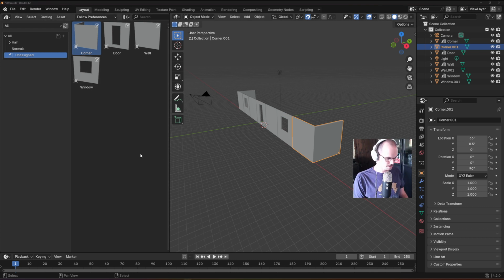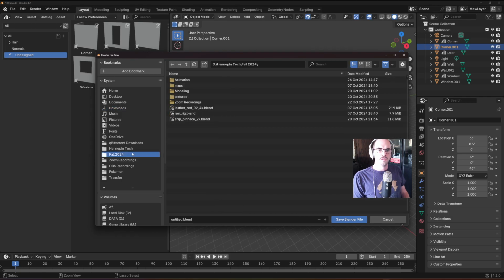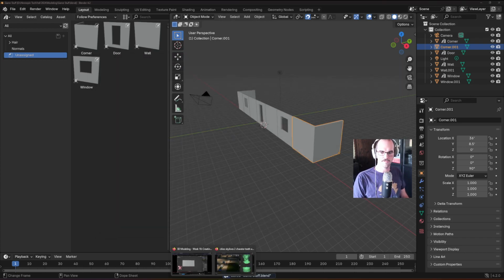So I'm going to save this right now. Save. This is file 24. This is modeling. This is going to be game stuff. Save that. And then I actually want to look at one of my favorite